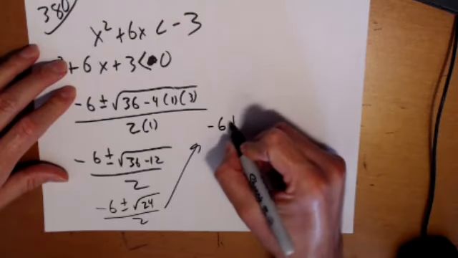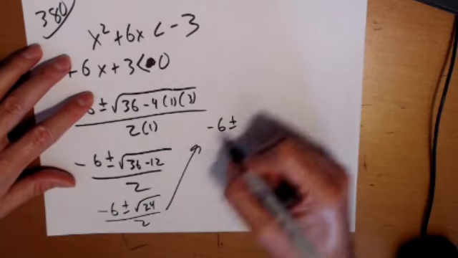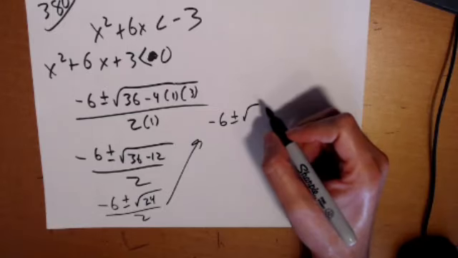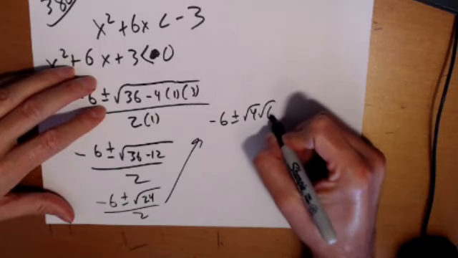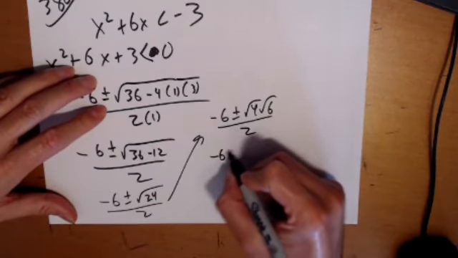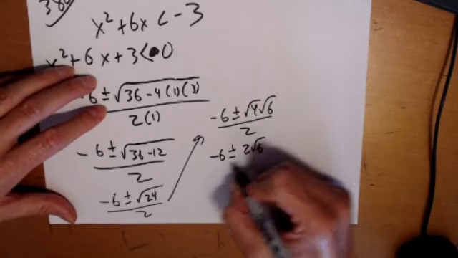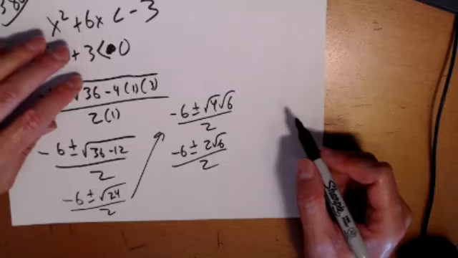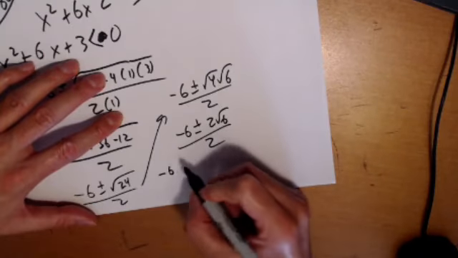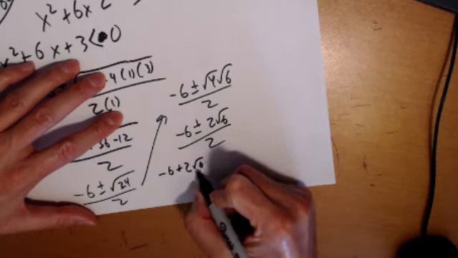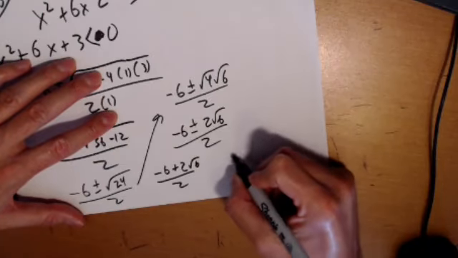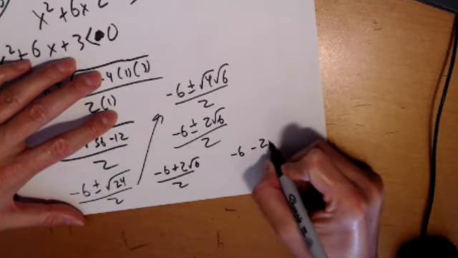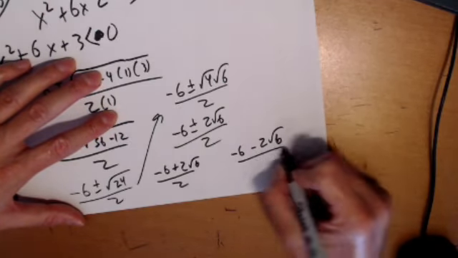That's -6 plus or minus square root of 24 breaks up into rad 4, rad 6. -6 plus or minus 2 rad 6 over 2. Oh my gosh. Okay. So -6 plus 2 rad 6 all over 2, -6 minus 2 rad 6 all over 2,